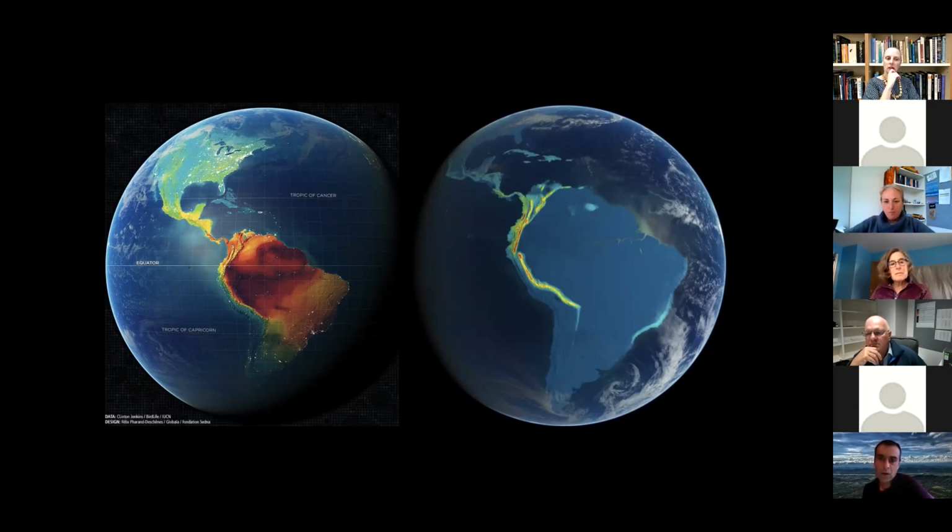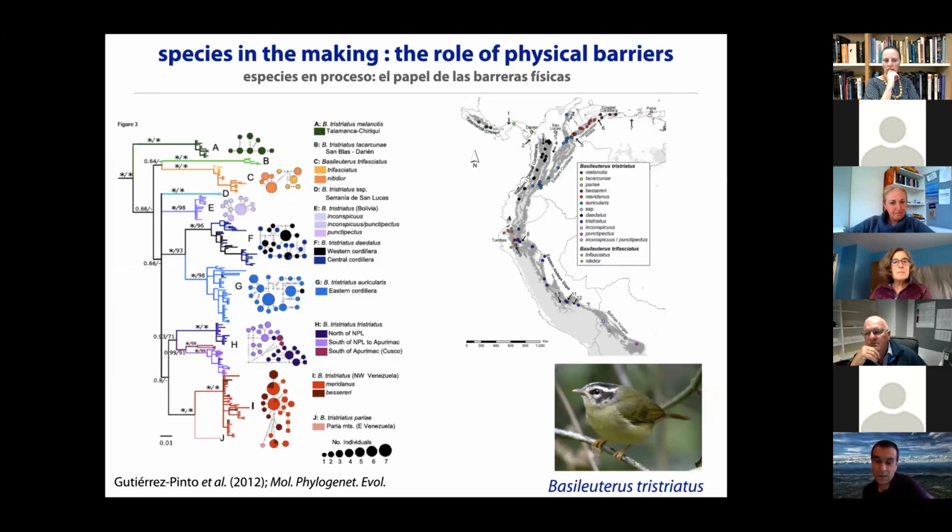And so one of the reasons why things speciate a lot, I think, in the tropics, and that contributes to high species richness in these systems, is that we have a very complex topography which leads to populations becoming geographically isolated and then divergence in isolation. So here's an example of some of the work we've done on, say, a widespread species in the Andes,